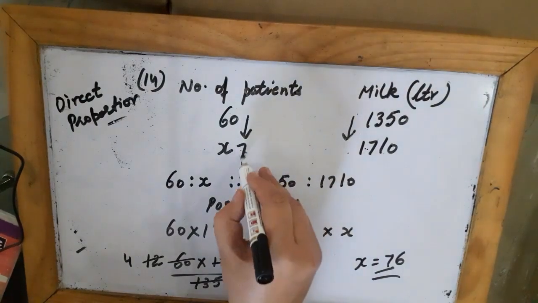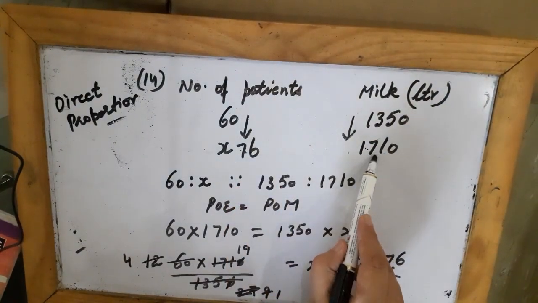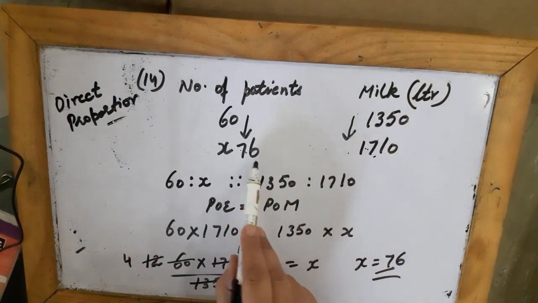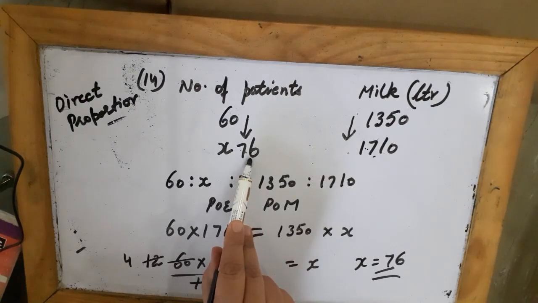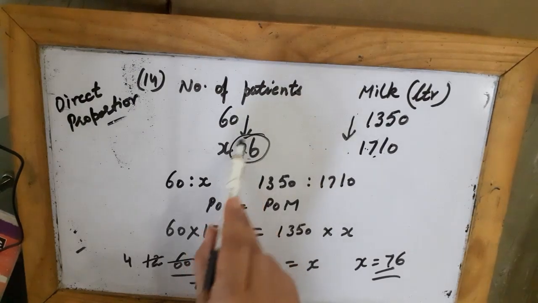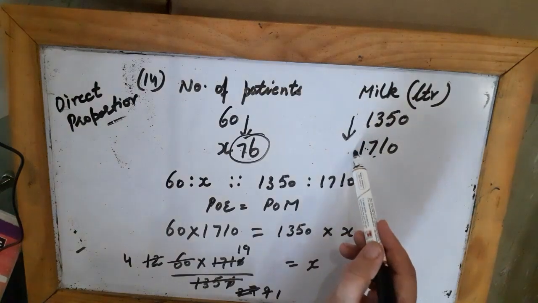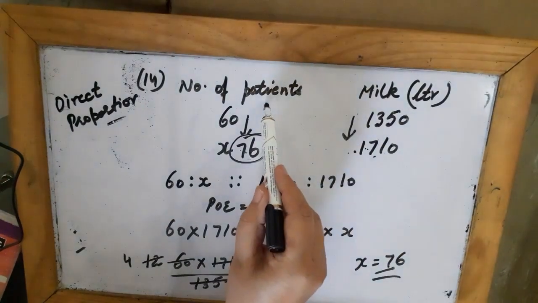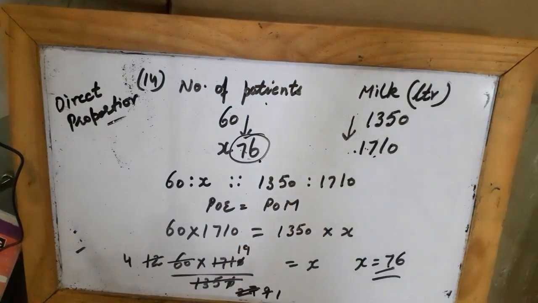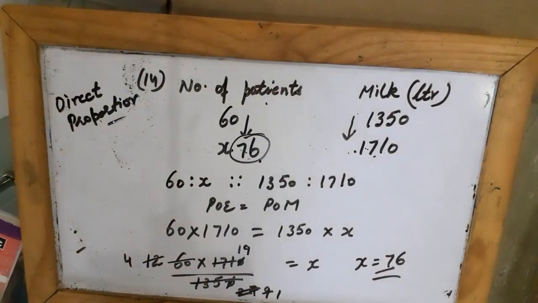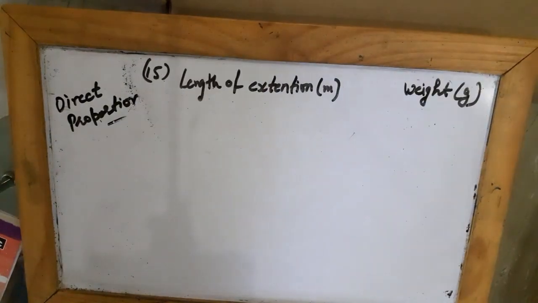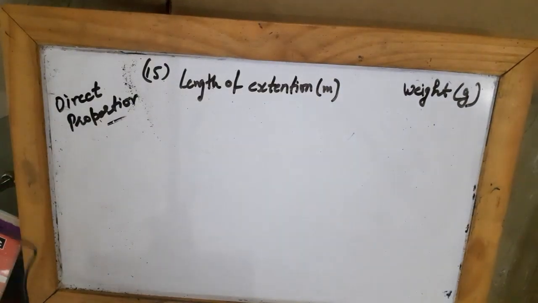Now it means that if I have 1710 liters of milk, how many patients can consume it? 76 patients. So increase in the quantity of milk leads to increase in the number of patients. So which proportion is this? Direct proportion. In the 15th question, they are saying the extension in an elastic string varies directly as the weight